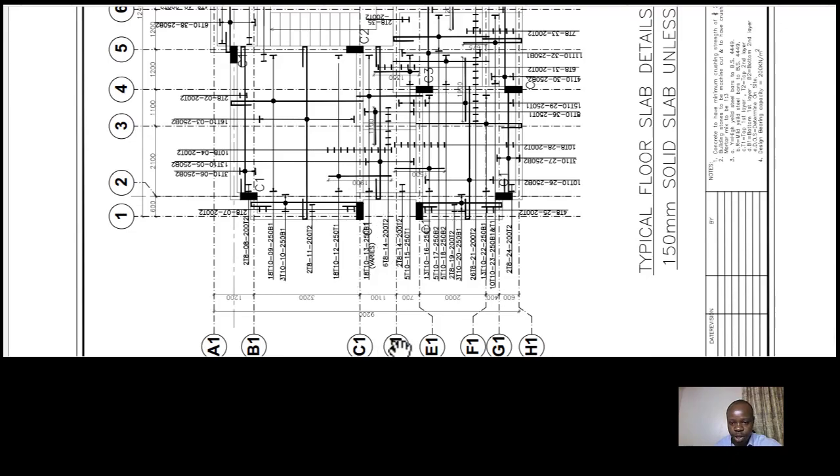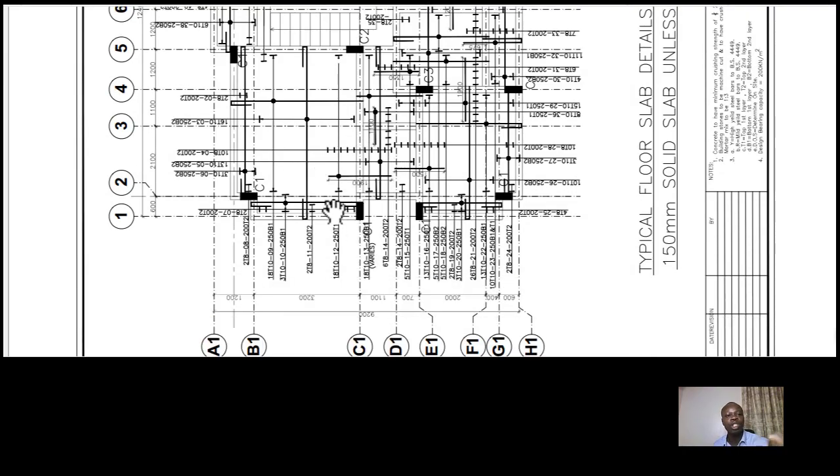Looking at the dimensions, we are able to tell how they go, or where they end. For instance, this is grid A1 to grid H1. When you look at this keenly, you notice that the dimensions are along the centers of the grid. So that means we need to add